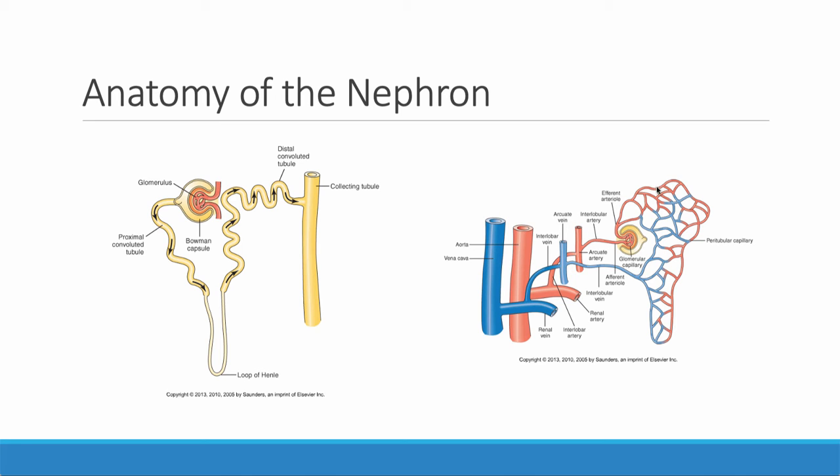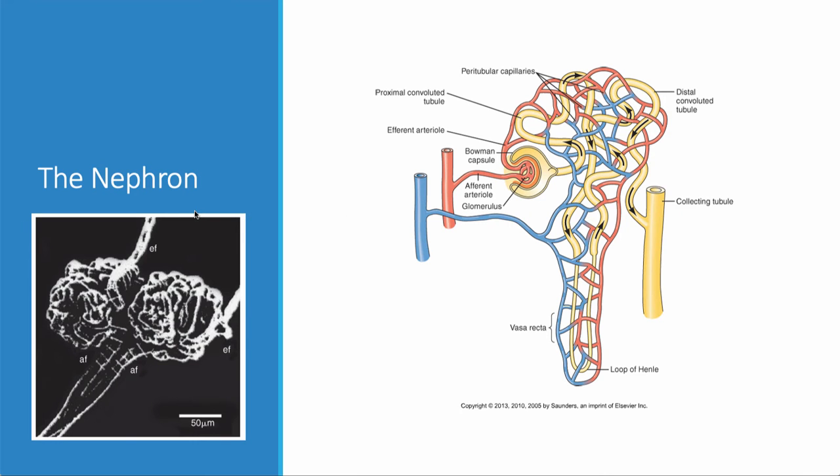So that cascade of vessels meets up with the vein as well, and there's capillaries that are formed that do the dirty work of the kidney, right? The functional work of the kidney. The nephron itself starts the process of urine formation by sending blood to the afferent arteriole that goes to the glomerulus, and then